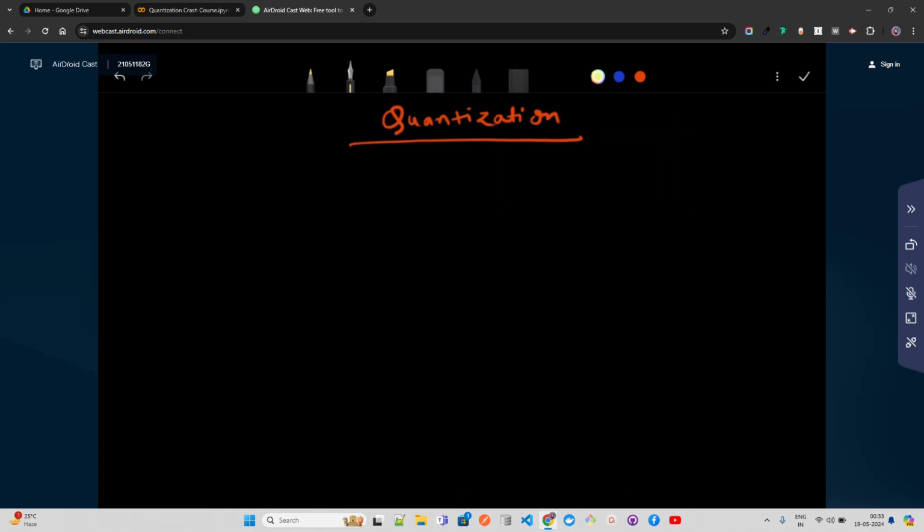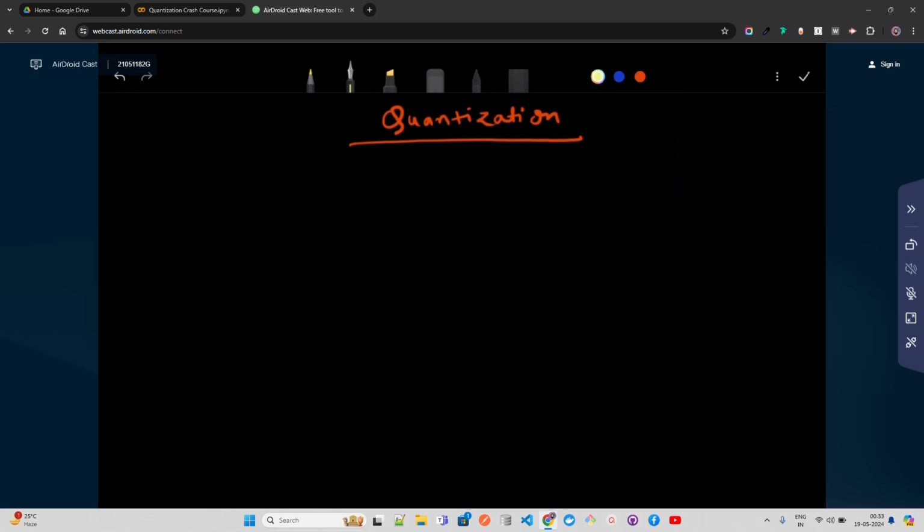So when you talk about language models such as GPT-2 or Llama 3 or any other models, quantization is basically a technique used to reduce the precision of the numbers. Numbers are nothing but the weights and biases that represent the model. There are two reasons we do it. One is to decrease the model size.